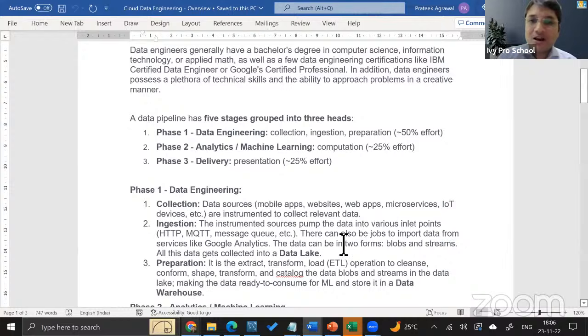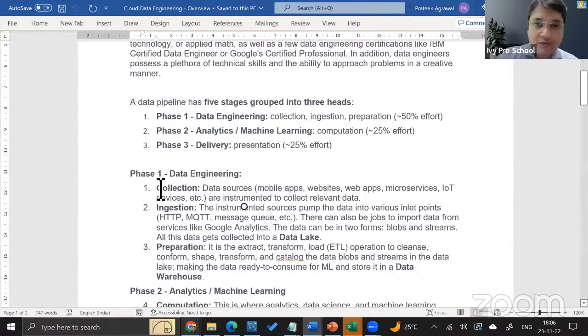Imagine you use Amazon, so you can order from their web portal, you can order from their app. You can also order from third-party services, or you can also order from their Instagram portal. So all those different places would be part of this part. I mean, to ensure that the data comes correctly in the right manner from different sources. All right. So that's data collection, the first part of data engineering.